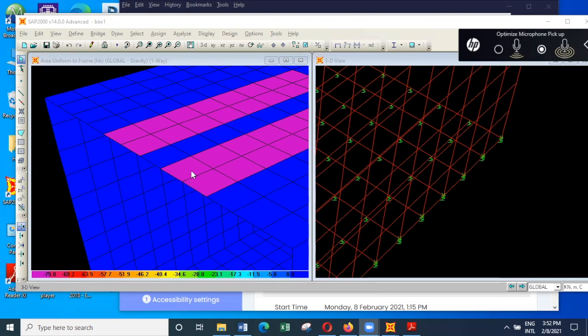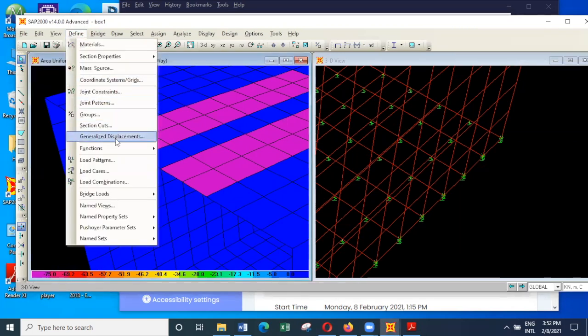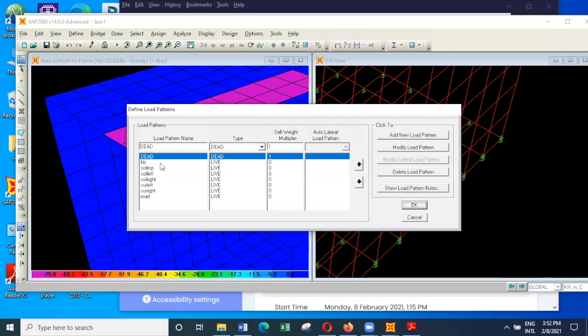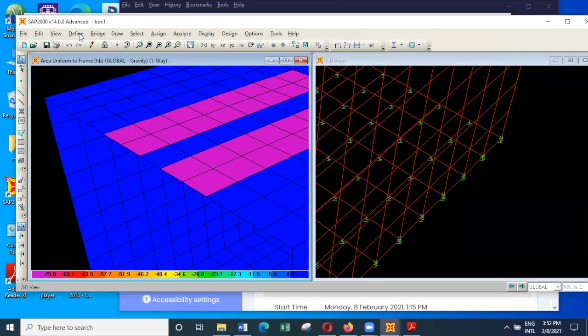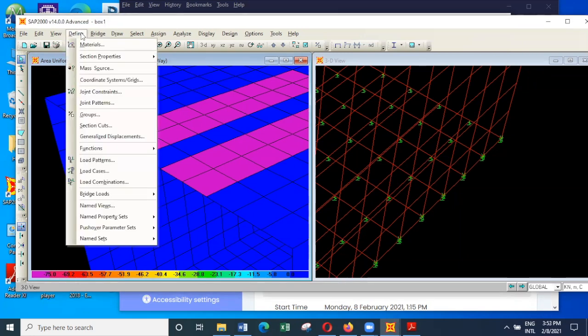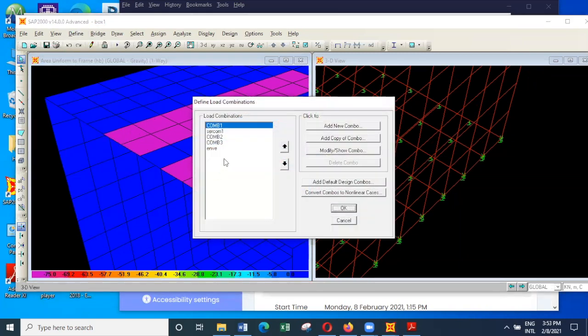So with all that, I can create the load combinations. So you can see load patterns. We have the basic loads like the weight of the structure, HB, soil top, soil left, soil right, surcharge, the weight of the road and all that. And then I have the combinations, like combination 1, 2, 3, and service combination is also there. So the combination 1,